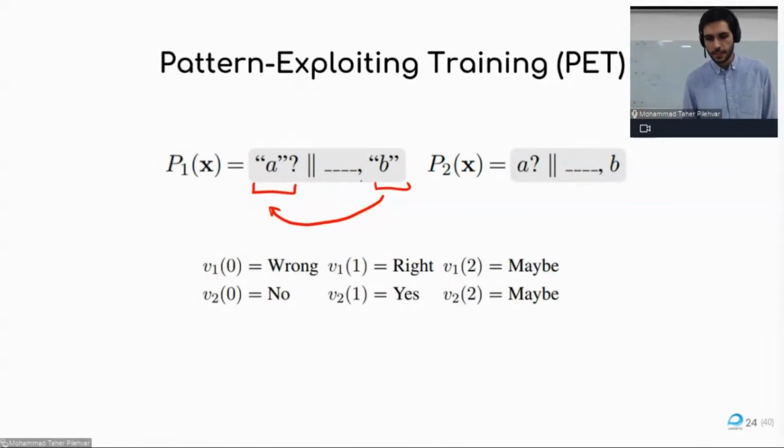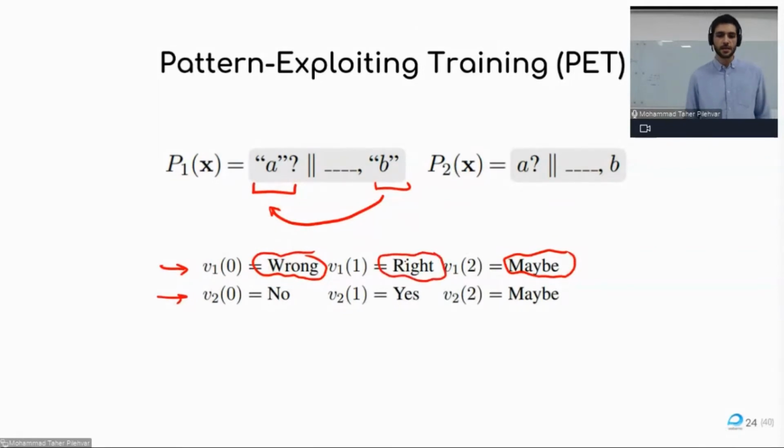There are 2 templates for this task, and these are 2 sets of label words. If it is contradiction, the model has to give you wrong for the first template, maybe for the case of neutral, and right for the case of entails. Or as simple as no, yes, and maybe again. So you reformulate natural language inference as a masked language modeling task, and you expect the model to give you a yes here if this is an entail